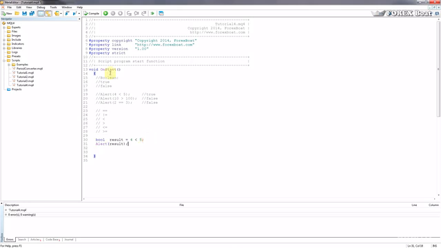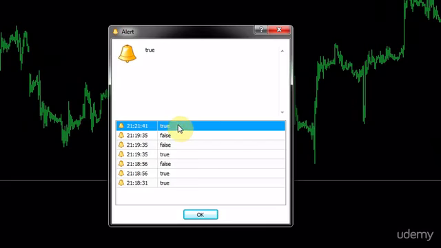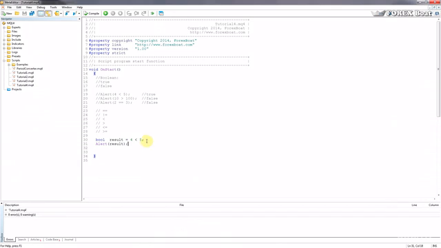So what we expect to see is true on our screen. There we go, just one alert, and it says true, and that's great. That means everything's working as we expected. So in that way, you can store results of logical expressions in Boolean variables,